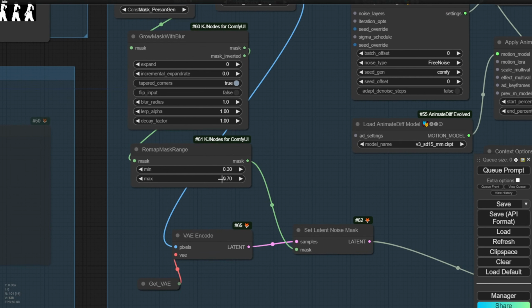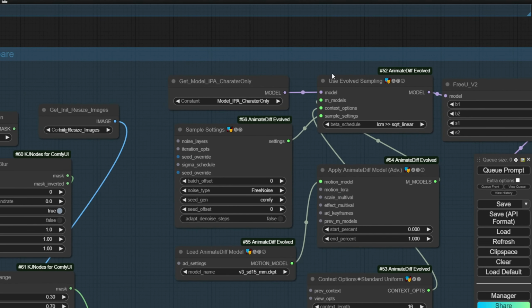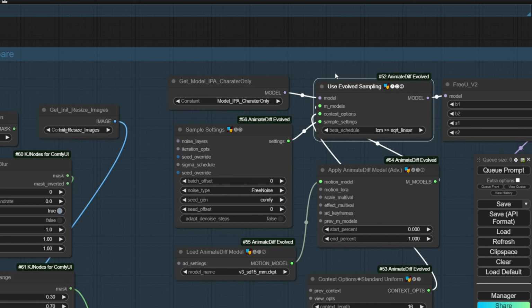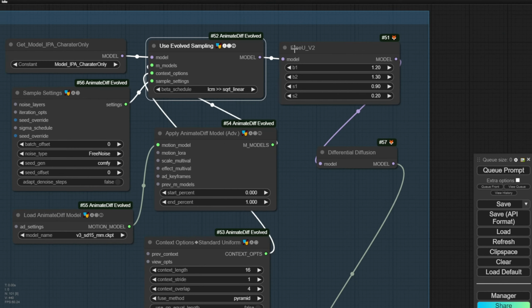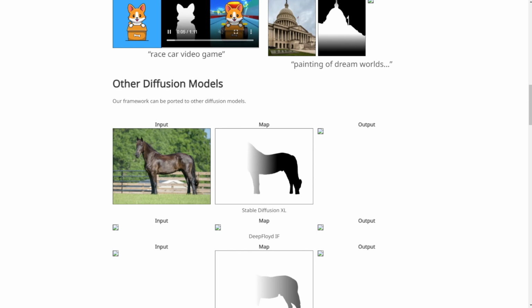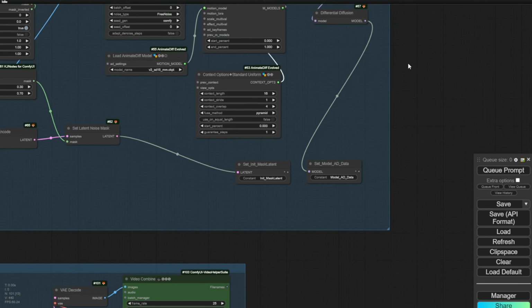If you're thinking that's too much for your video, then you can turn it down to like 0.5 or 0.6 in here. Then we're passing the model data using the IP adapter output data to the models, and we're getting the settings in the AnimateDiff version 3 motion model to do our animations. Then obviously we use FreeU version 2 and the differential diffusion that we talked about earlier in this video. Then we pass this data out to our first sampling step.